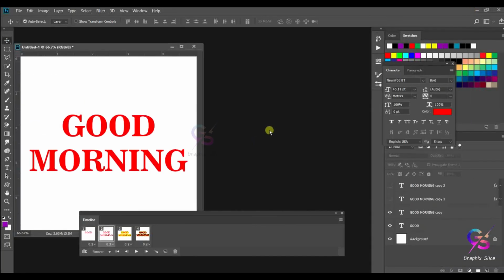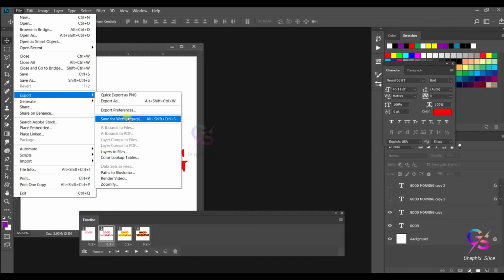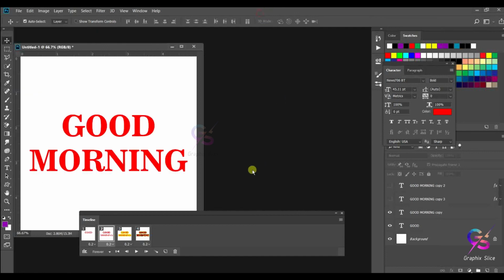Okay, one second, we will repeat the session. First prepare the layers, which one you want to animate, with different layers. Then load the timeline, prepare the animation. Just add the layers here directly by using the duplicate option, and turn the layers on and off. Check once by using the play option. Then after that, export by using Export Legacy. Save for Web option is available. Use it. Okay, so this is a simple way. Within a minute we can prepare our own customized GIF files.